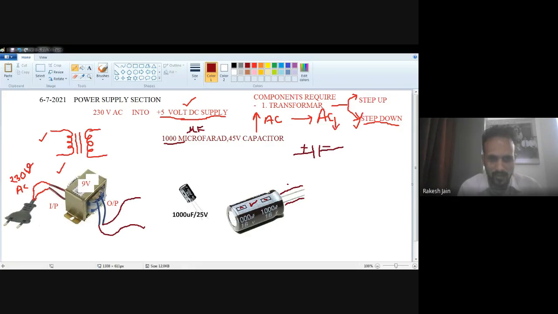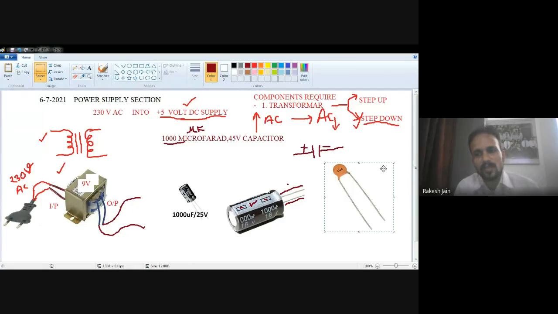So we have to connect any capacitor with 1000 microfarad. The plus terminal will be connected with the upper side and the minus terminal should be connected with the lower side. And how does the non-electrolytic capacitor look? See this one. This image is of a non-electrolytic capacitor. This is a very simple non-electrolytic capacitor. Here no plus and minus is given. Both the terminals are of equal size. No plus and minus are there.